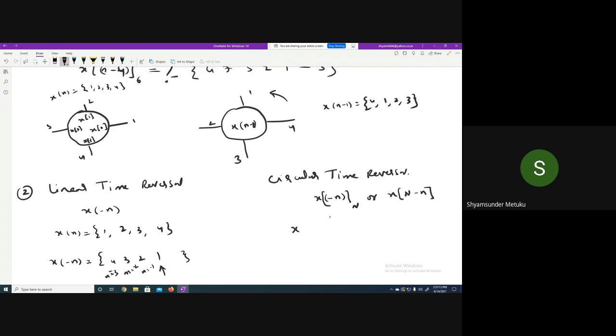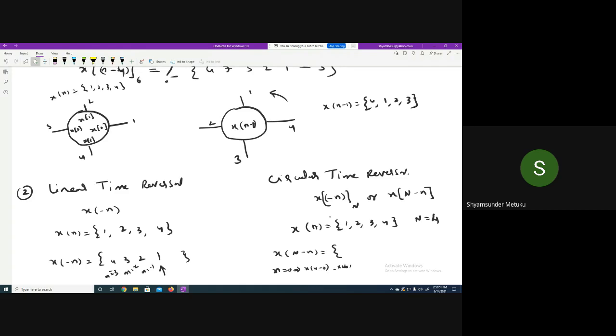If you want, basically x of n is equal to, again I am rewriting the same input which is given. Now you tell me x of capital N minus n, assuming that capital N is how much here? Capital N is 4, no? So if capital N is equal to 4, I wanted to find n equal to 0. N equal to 0, what does it become? X of 4 minus 0, you will get x of 4.